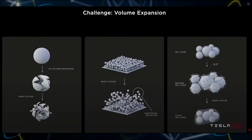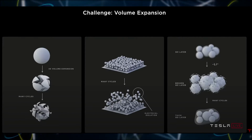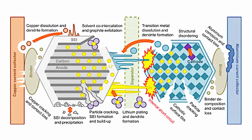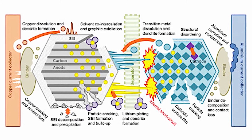There's a problem that Tesla seems to have solved with the expanding silicon by coating it with elastic ion conducting polymer. So this may be the key to the rest of the formula, because remember, what is one of the causes of the degraded battery life in a lithium-ion cell? It's the silicon graphite anode, after getting charged and discharged over and over, develops dendrites, and then the silicon crystal breaks. But what if this improves that process by, say,